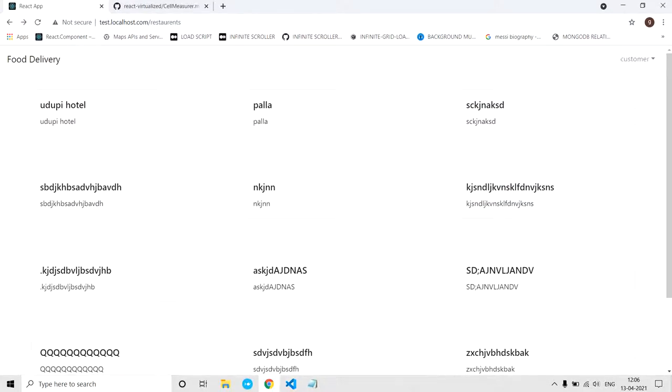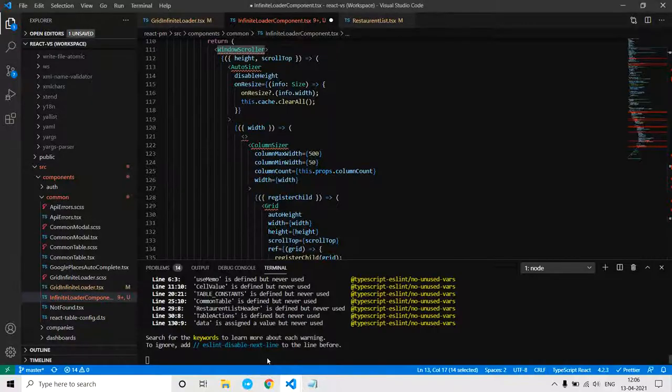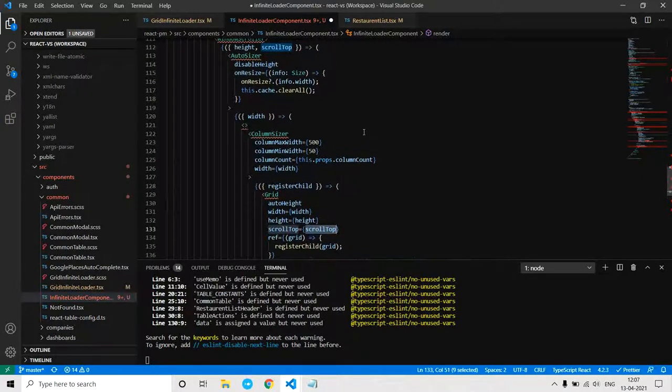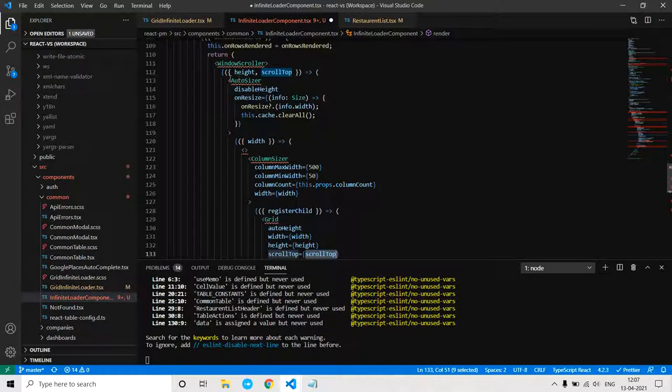This is added by this Windows scroller component, and it gives us this height and scroll top function. This scroll top is used internally by the grid component. We don't need to bother too much. We are just taking that scroll top and passing it to grid.